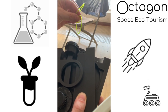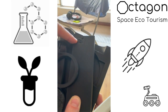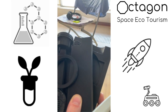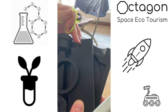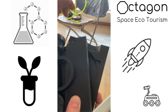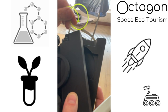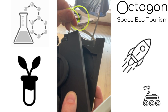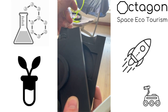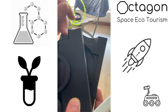So in general, on all of the designs across the board, even this little guy here, which once again has these ridges to be able to add in some washers or O-rings, the difference in diameter is 1.6 millimeters. So that's 0.8 millimeters on each side. These things here are the radius of the tube. If I was to cut this and pull it out straight, the diameter of this is 2 millimeters, or 1 millimeter radius. 1 millimeter indented, 1 millimeter out,